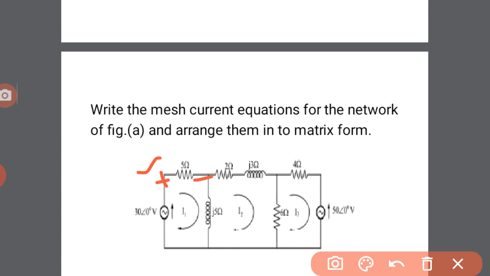Or otherwise, if you want to find the current from the leaving terminal of each component, then indicate the minus. So this minus for each and every element is to be applied in a similar way. Either we are considering the entering terminal or the leaving terminal. Based on that, we have to write the equations. After that, we have to put them into matrix form. Okay.